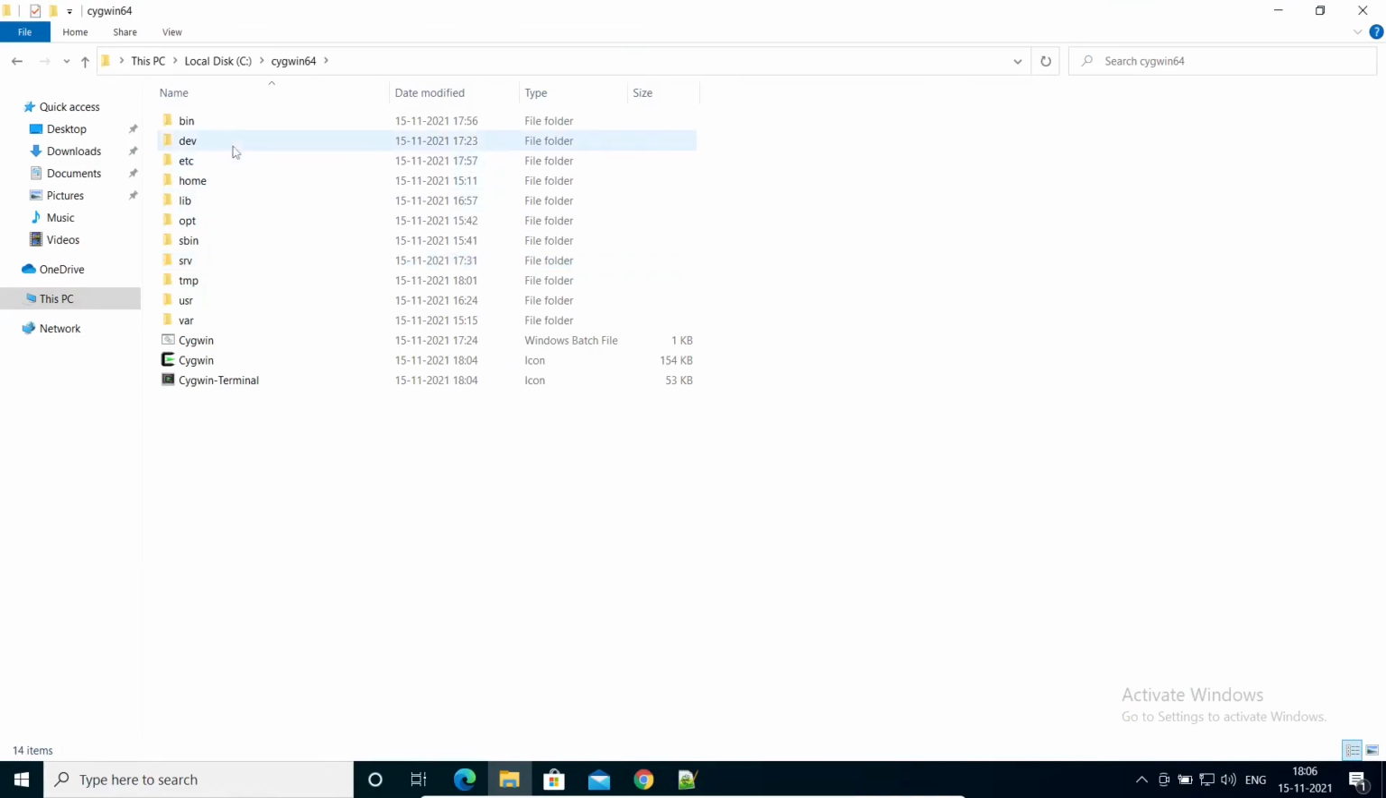We have got different folders which are available in Linux operating systems like bin, dev, etc, home, lib. So all these folders are part of the Linux OS, and the same folders, the same Linux mechanism, we are able to get on Windows using Cygwin, and hence it is easy and quick to build Tesseract OCR with all the required libraries on